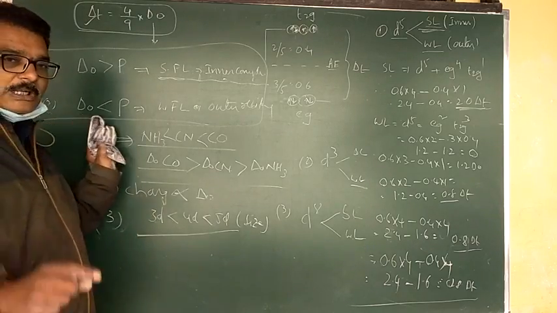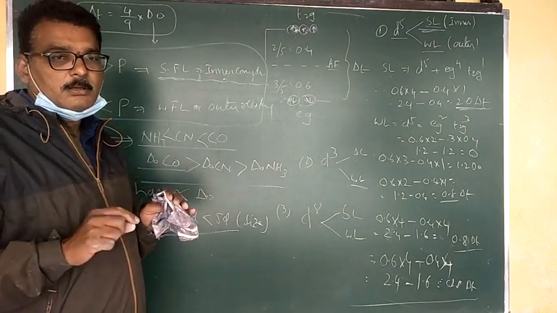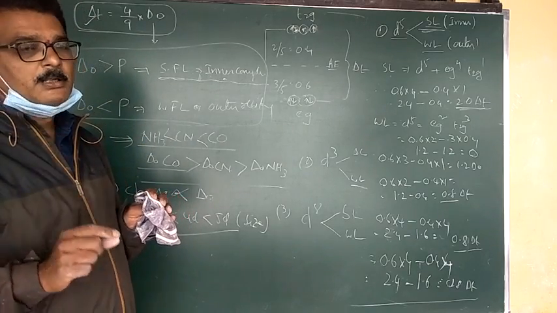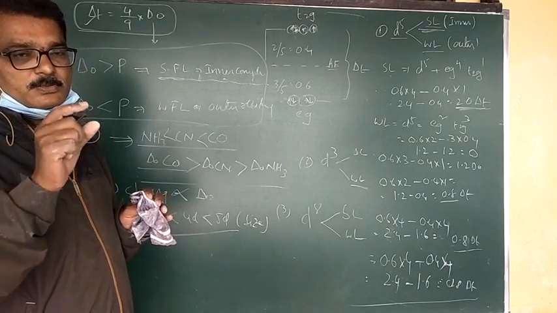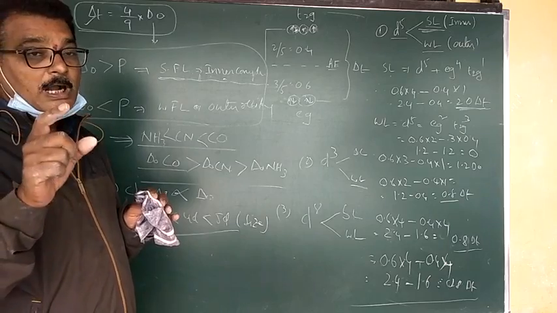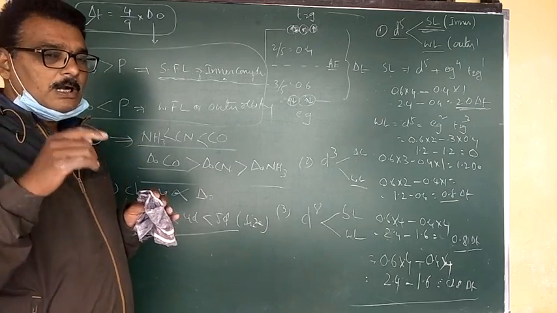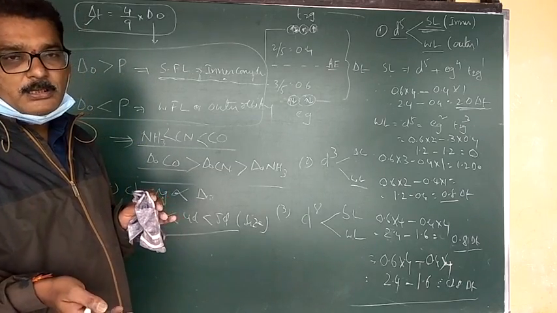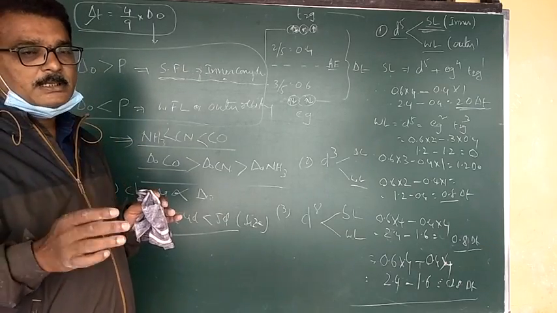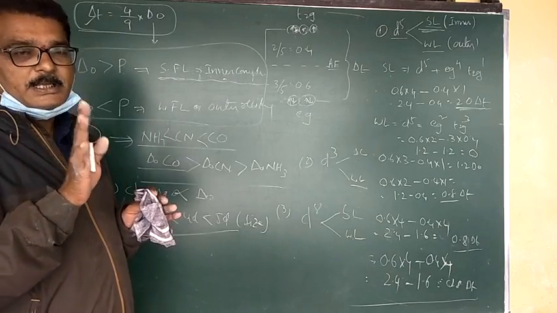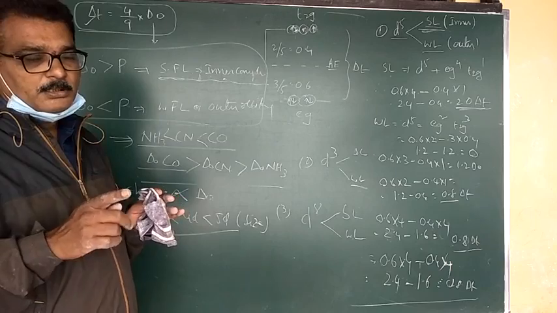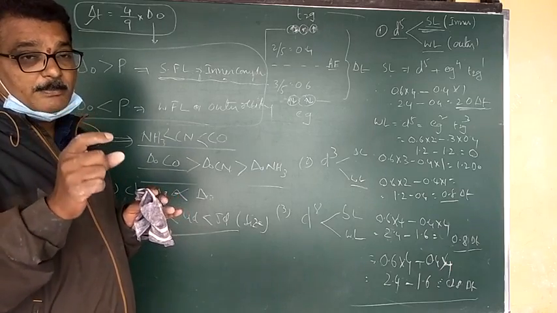Okay? So now you can verify it. In our textbook, one order of priority is there, the spectrochemical series. That is very, very important. Last year, one question came from the order of the spectrochemical series. That is, weak field: water comes first in the weak field, and after that comes the strong field ligand. Practice and write like that two or three times, and only then can you come up with the answers very clearly. That's why once again I am telling you that the order of priority is the spectrochemical series.